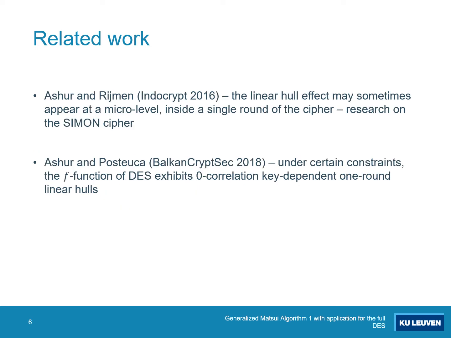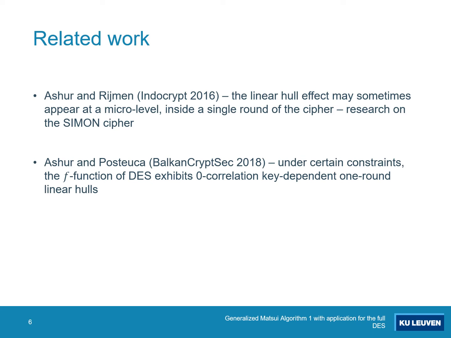At IndoCrypt 2016, Tomer Ashur and Vincent Rijmen noticed that the linear hull effect may sometimes appear at a micro level, inside a single round of the cipher. Their research and observations were applied to the Simon cipher. At Balkan CryptSec 2018, myself and Tomer proved that, under certain conditions, the F function of DES exhibits zero correlation